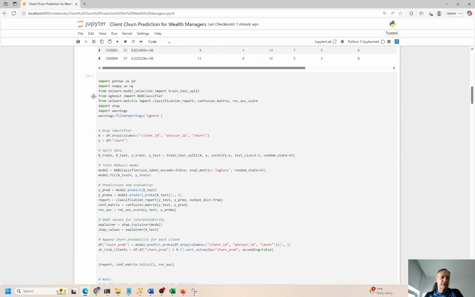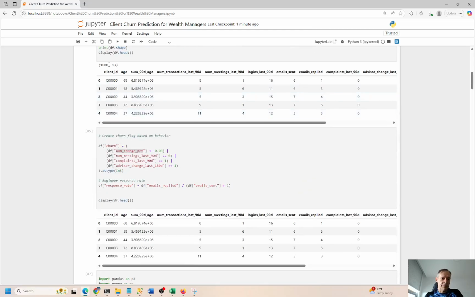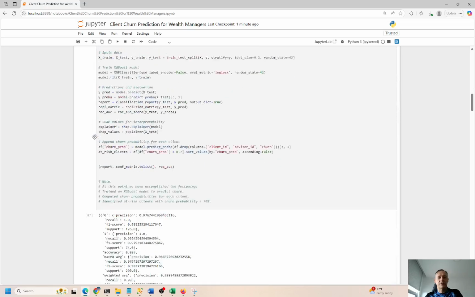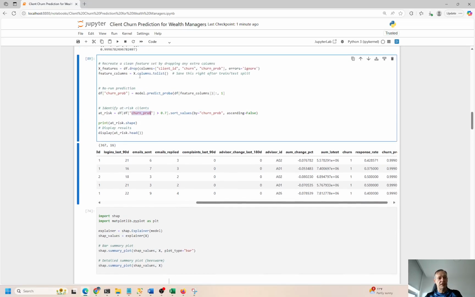So if you look in the original data set, we always have the rows and the columns. The rows were 1,000. So we have 1,000 client records, 13 columns or 13 headers or 13 features. Now down here, we're just looking at the percentage that has greater than 70% chance of churning. This is a churn probability greater than 0.7. And that's what we came up with from our machine learning algorithm.